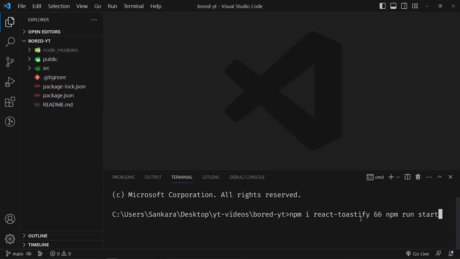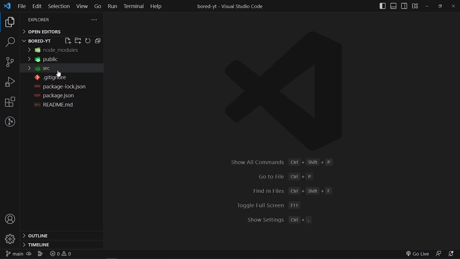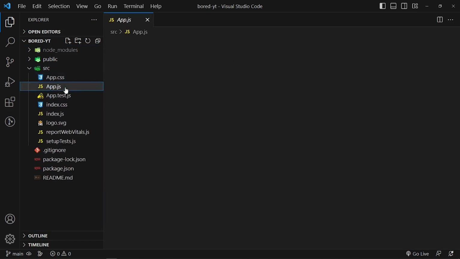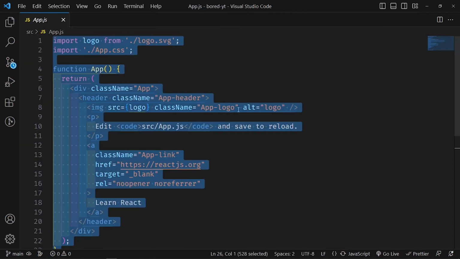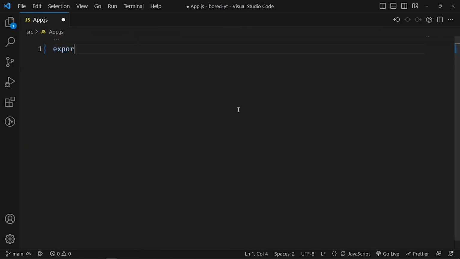And then as that is running, if this will stop hanging, I did not intend for that to rhyme. So as that is running, let's go ahead and let's open up our App.js, and then inside the App.js, we're going to have the default file structure. So I'm going to select everything and just delete it. And then I'm going to say export